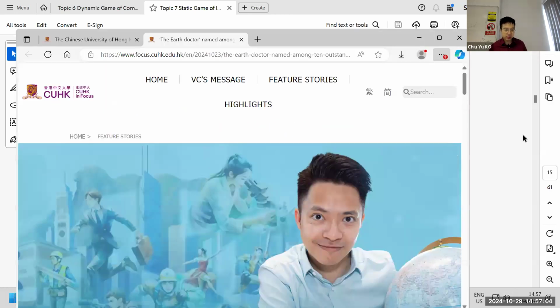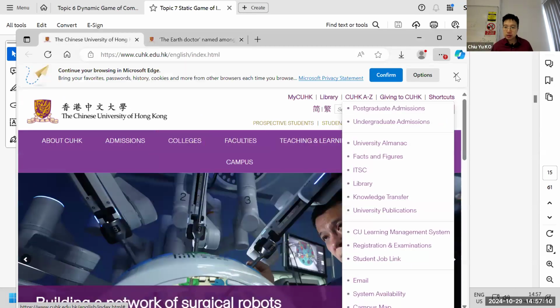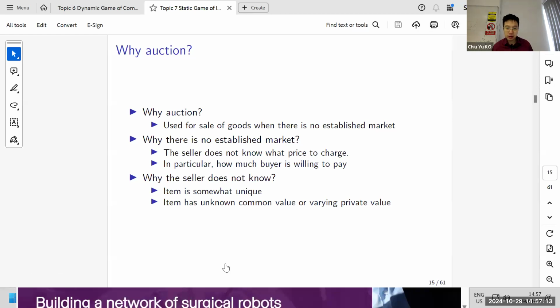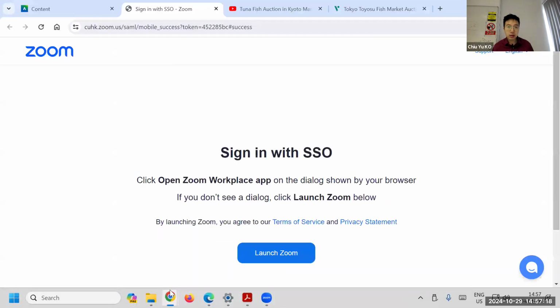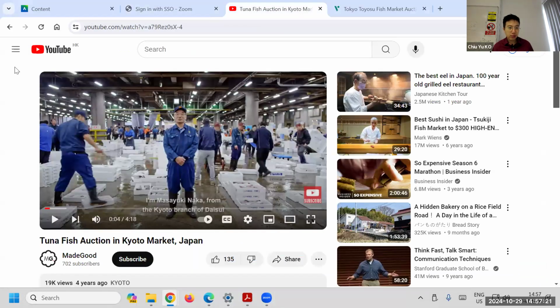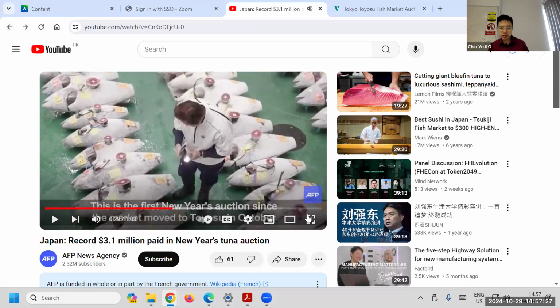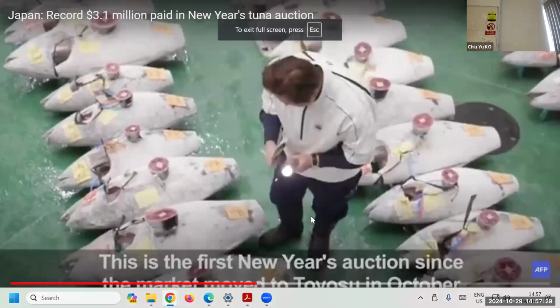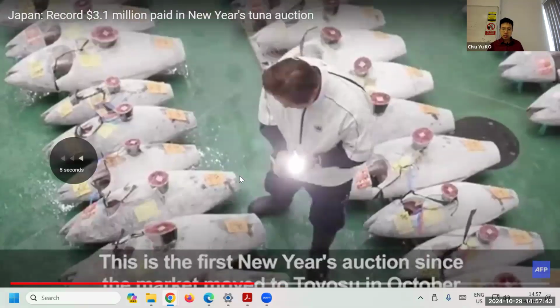They cut the tail, so where did I put it? Let's see if I still have the picture with me. So if you still remember this one, right? I don't know if you can see. They cut the tail, and you can see the meat inside. And that guy is trying to look around. Everyone is trying to look around at how good the fish is, and then you can see this guy, right? This guy.